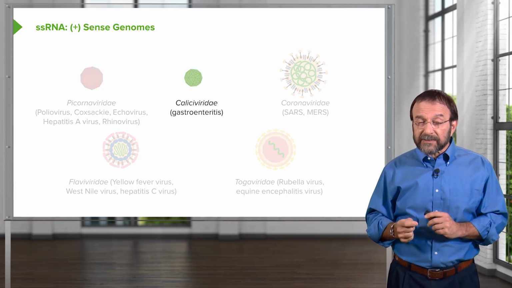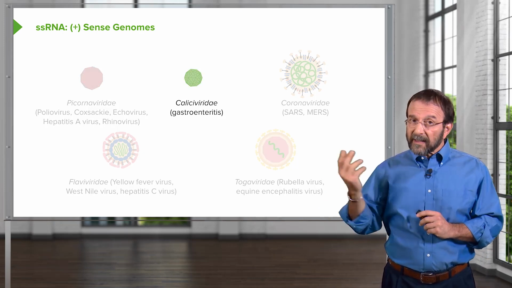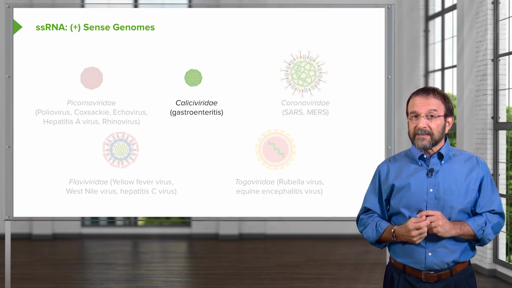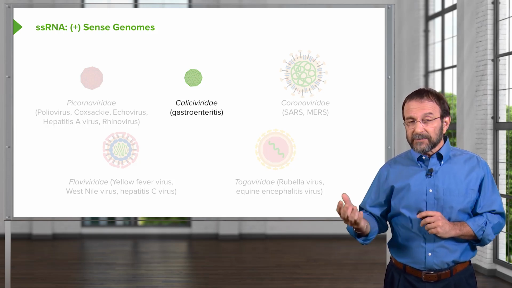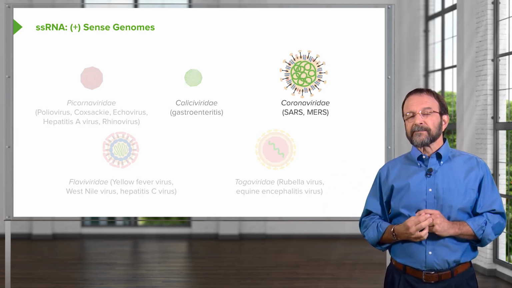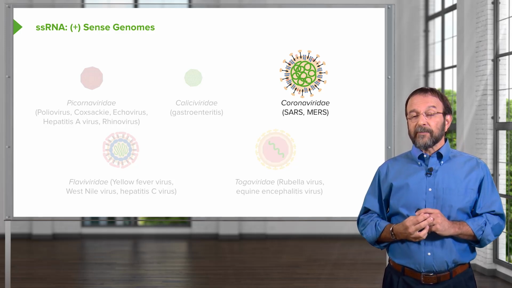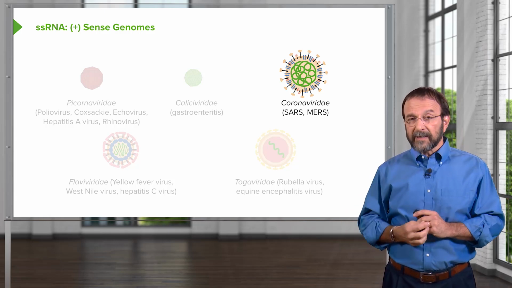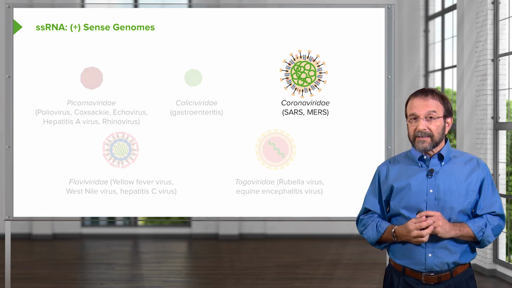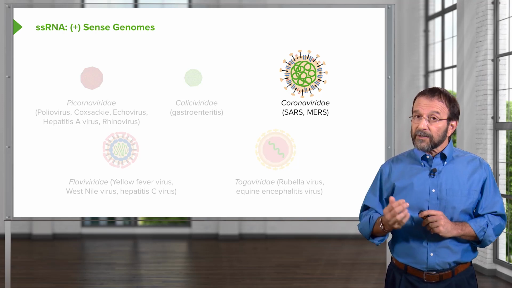The caliciviruses. If you've ever gone on a cruise and gotten diarrhea, you can thank the caliciviruses, in particular Norwalk virus. They cause outbreaks of diarrheal disease on cruise ships, at schools and colleges, any institutional setting. Then we have the coronaviruses. The SARS coronavirus came out of China and caused a global outbreak in the 2000s. The MERS coronavirus, currently causing outbreaks of serious respiratory disease in the Middle East, looks like it goes from camels